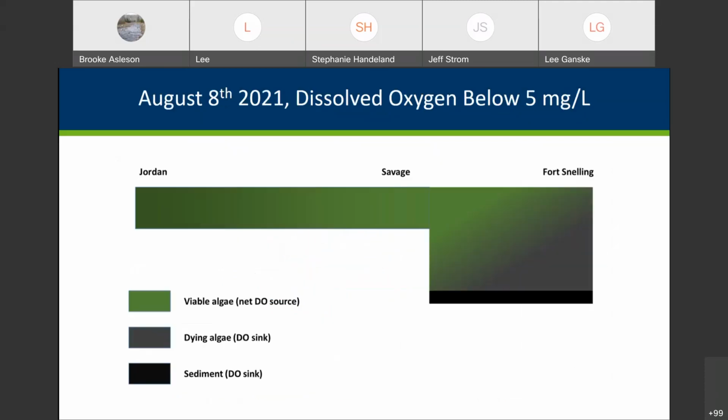So how do you explain this? Why are we seeing exceedances? Why did it go below 5 milligrams per liter? Why do we suspect that? And I've had some conversations with effluent staff, and they've kind of shed some light onto what's going on. And it ties back to